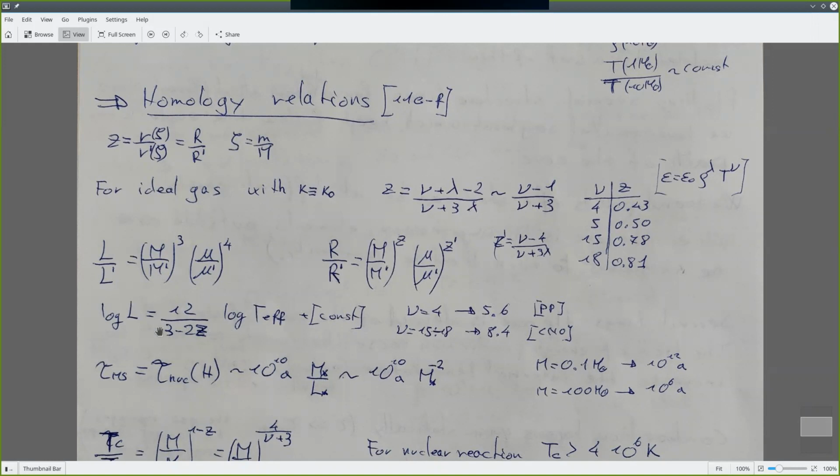You can see that there is this part here that varies with the Z, so varies with the type of nuclear reaction involved at the temperature of the core. For nu equal to 4, proton-proton, it is 5.6. For CNO, we had 8.4. That means